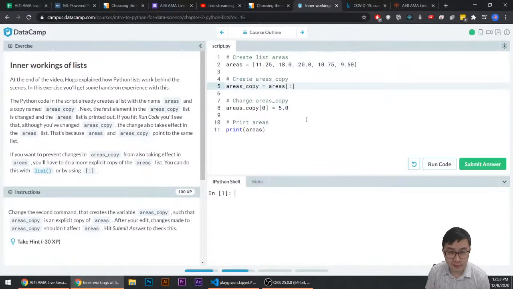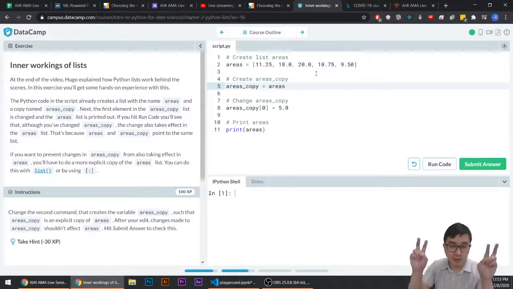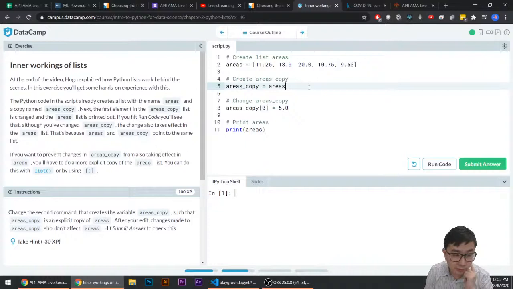Actually, there's a number of ways to do this. What this particular exercise is saying is that when you have two lists, you have areas equals this list, then you do areas copy equals areas. What actually happens in Python is that when you change areas copy, areas also will change because they are still referring to the same underlying object. To turn them into two separate objects within your computer's memory, so that changes on one of them don't affect the other, you have a number of options. So one option which it says here is